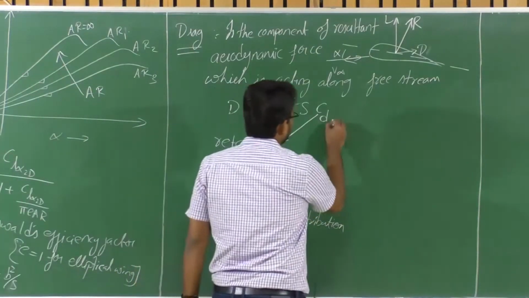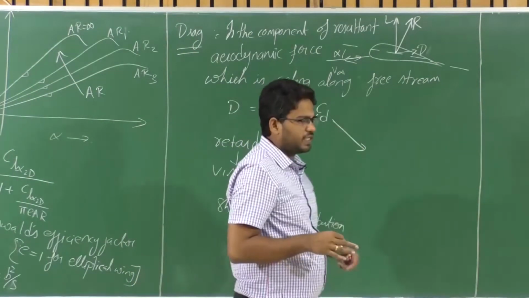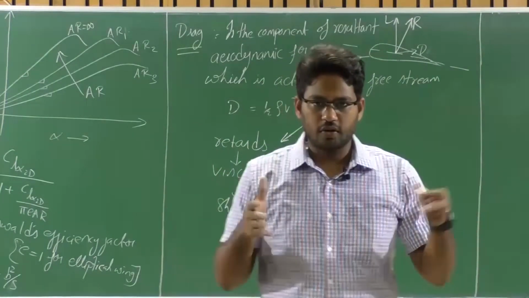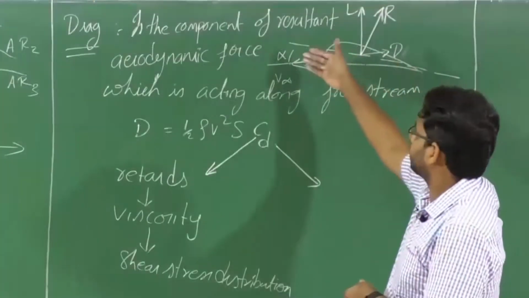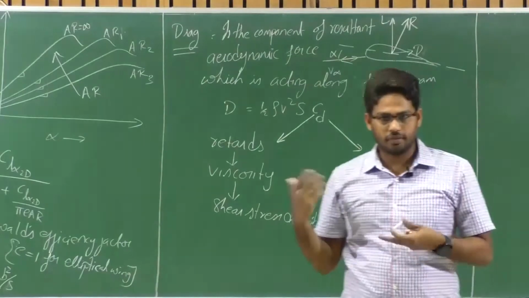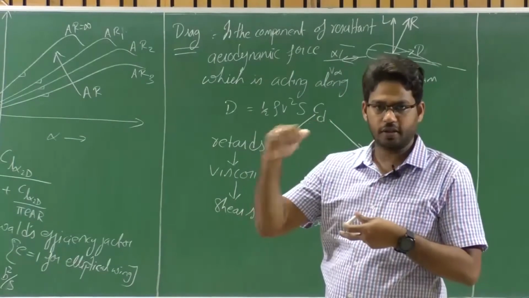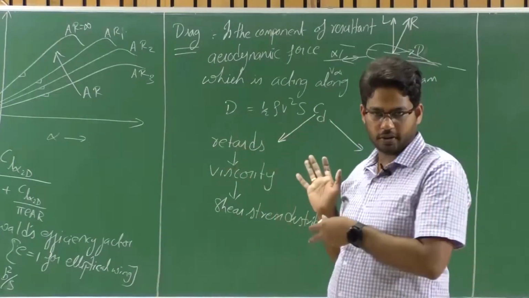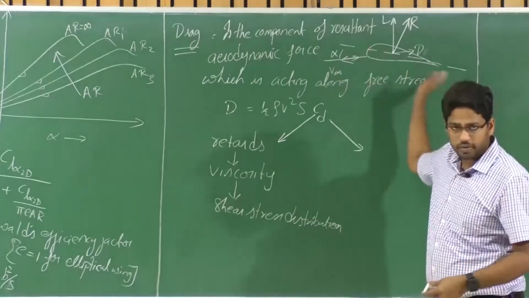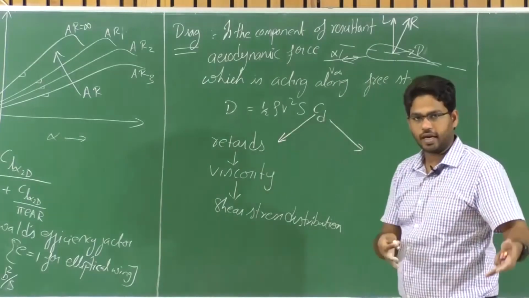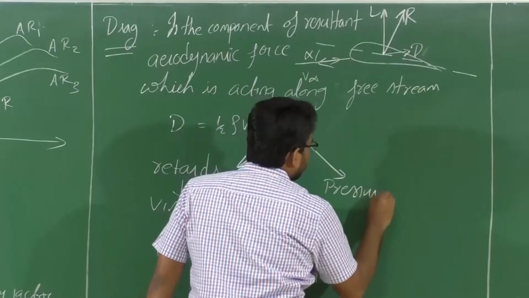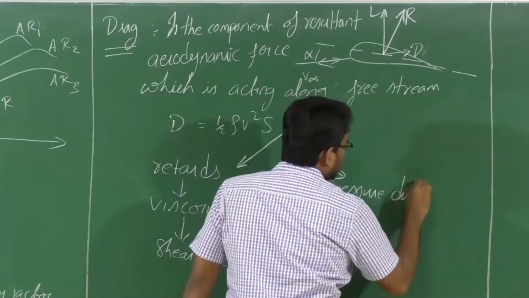So what is the other contribution? Let us say there is a pressure difference along the flow, right? There is a pressure difference across the body. That will also contribute towards drag. If there is higher pressure on the frontal part and lower pressure on the back part, that pressure difference along the flow will also create drag, right? So we also have pressure distribution